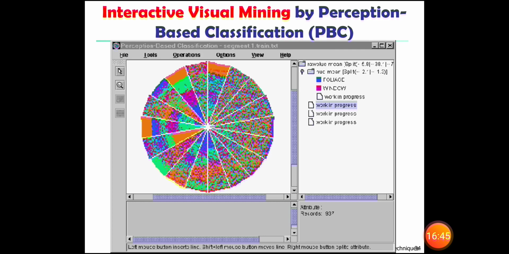This is another, interactive visual mining by perception based classification. This is also one of the visualization presentations of mining. It is based on perception based classification, which shortly will be called PBC.